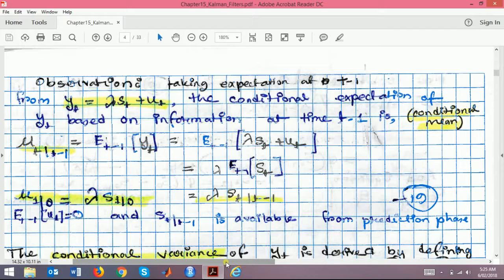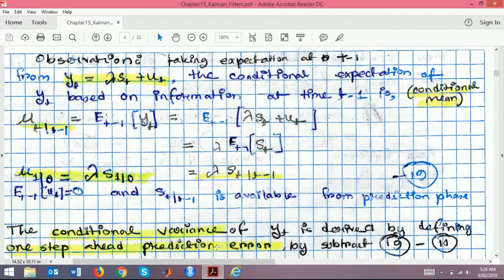The conditional expectation of yt based on information at time t minus 1, the conditional mean, is the expectation of lambda st plus ut, which is lambda times st given t minus 1. We just derived the conditional variance before. Now the conditional mean is